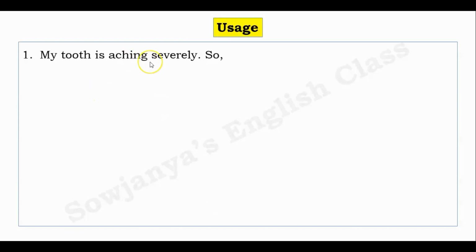My tooth is aching severely. That is one situation. So under such circumstances, what am I supposed to do? Suggest something. My tooth is aching severely, so I'll have it checked. Now, who is going to check it? Tell me. By a dentist. Who takes care of tooth ailments? Dentist. Okay. So here, let us substitute the structure. Subject plus causative verb plus object plus V3, past participle. Is it clear?